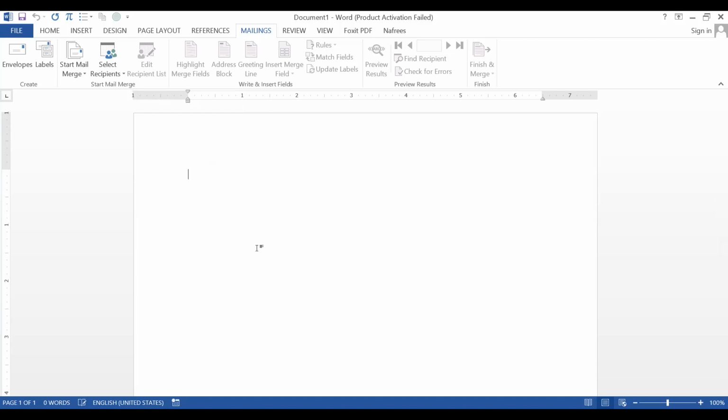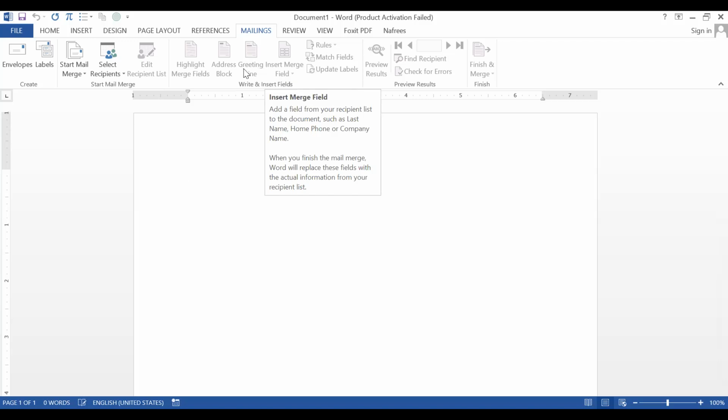For example, normally when we write letters, we use a person's salutation, whether he or she may be Mr. or Mrs. or Dr., with their first name and last name. And the second line we use to insert their address. The third line, their country. So for that purpose, we can use insert merge field.